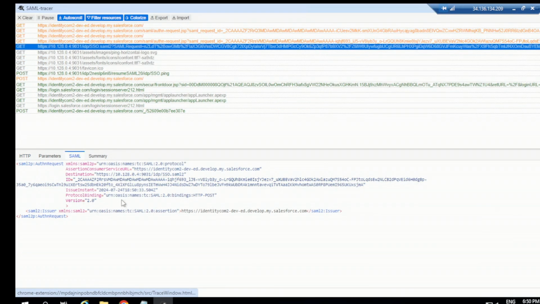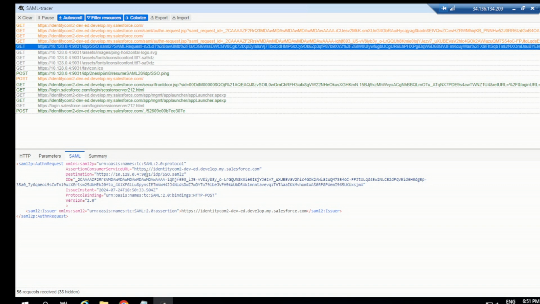In this request, if you can see here, what parameters we have. It's a SAML2 authentication request, and here the application already defined the consumer service URL, saying, hey, this is my consumer service URL and please send me the response to this address only. So this is also one of the ways the SP can have control. The service provider can send you this address, or maybe they can send you the index value, and based on